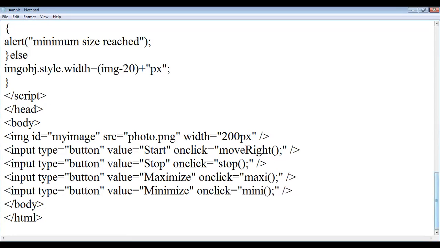In the place of the image, the ID image or PNG, I want to use on wheel within that, and I want to use the maxi function.